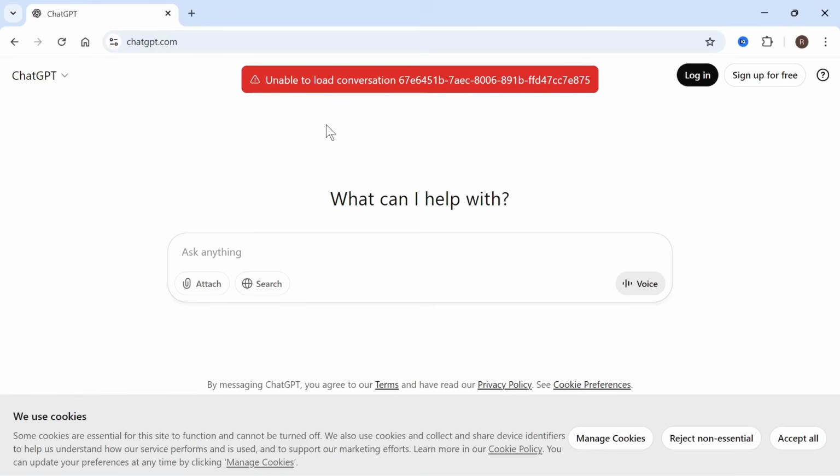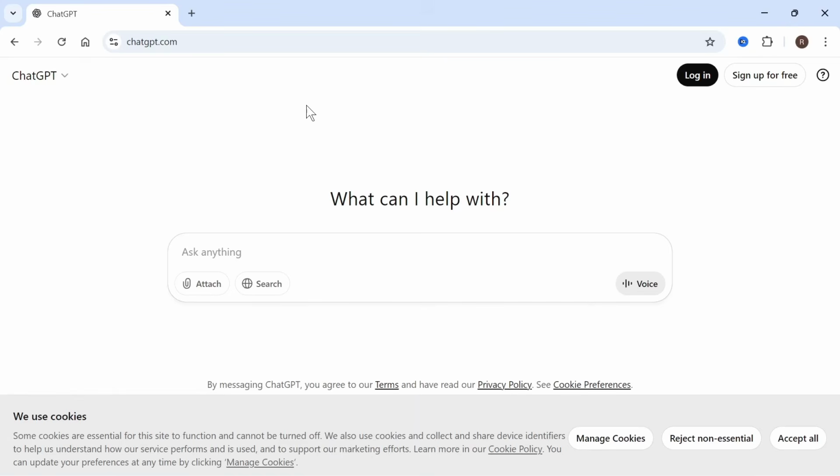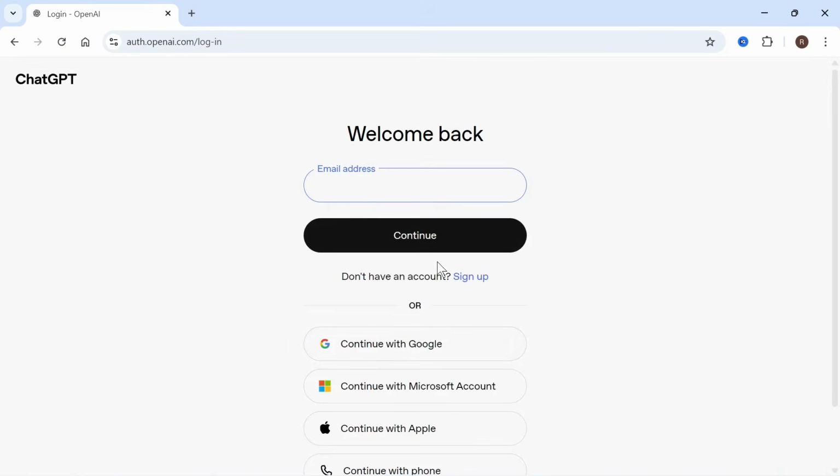In this video, I'm going to show you how to fix the issue where your ChatGPT history is not showing. So the very first thing you need to do is make sure you're signed in to your ChatGPT account. Your history is only going to be saved when you're signed in. So if you click on login in the top right hand side, you can then simply go and log in